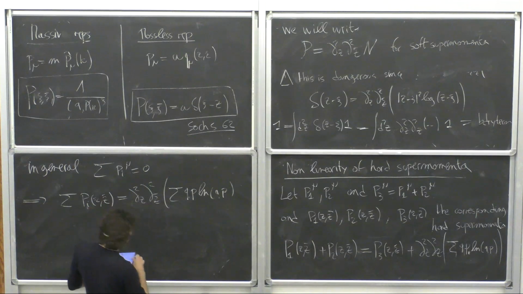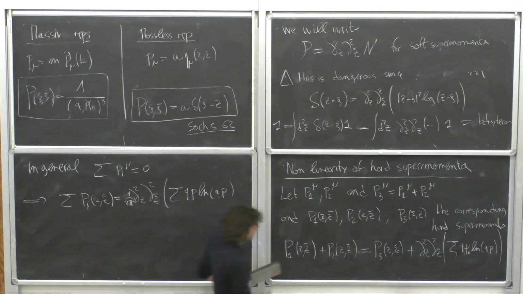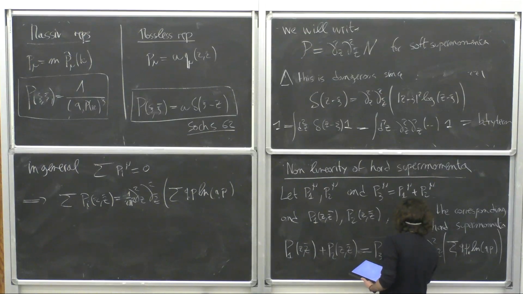I think I'm missing a 1 over pi factor. It's minus 1 over pi squared. Minus 1 over 2 pi squared. Anyway, it doesn't matter really, but